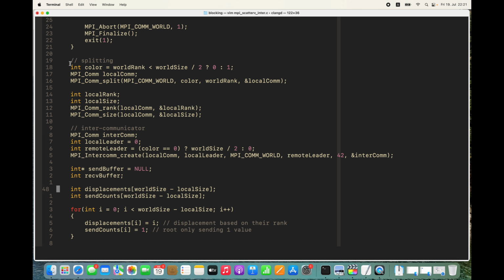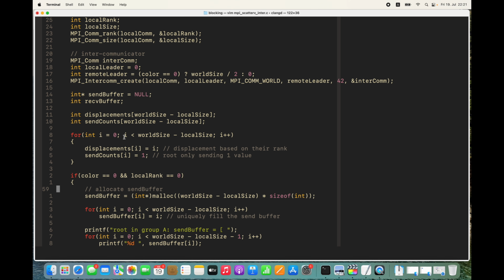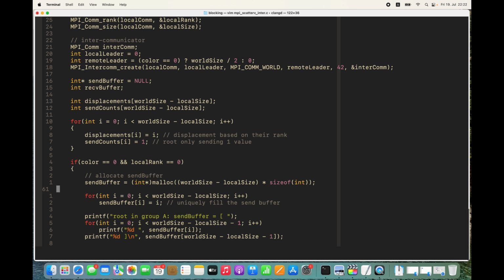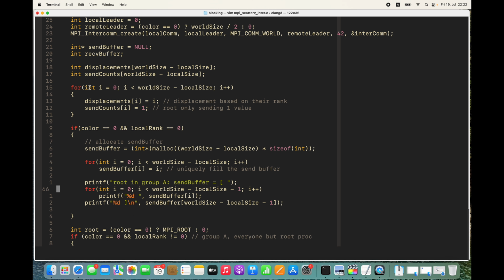Same scenario here, no comment on these things. We're going to see them in chapter 7. But here we have the displacements. The difference here is that the size of these displacements and the counts is going to be the size of group B processes. So that is world size minus local size. And we allocate again properly based on their rank, and the count is always going to be